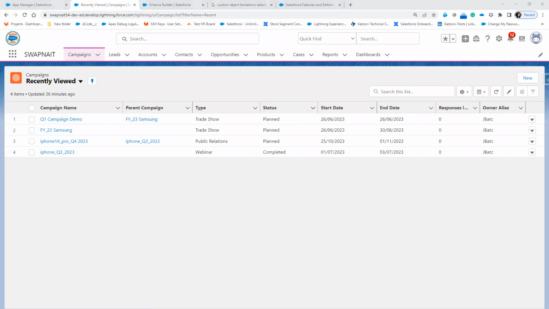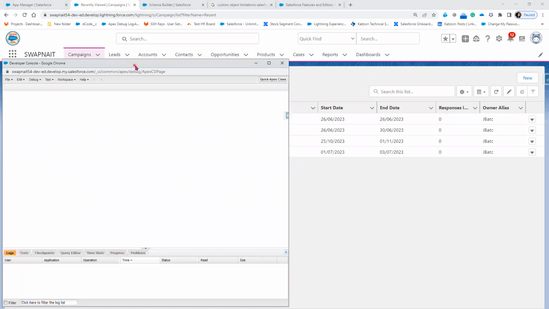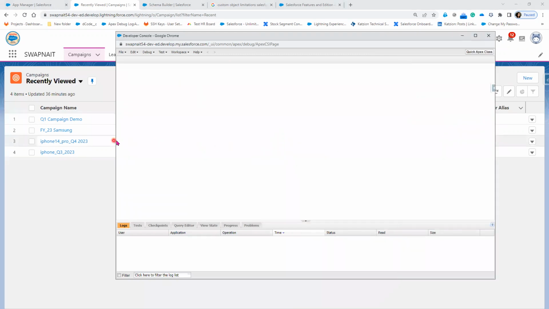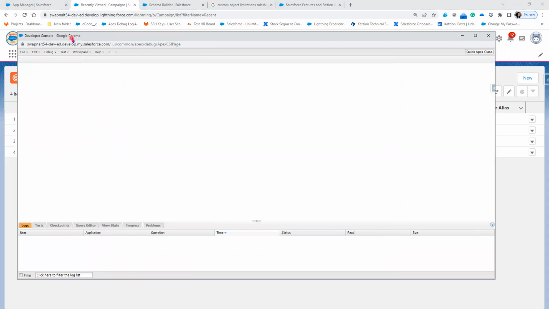When you click on the developer console, another window gets opened. This is the developer console. It is written here on top, developer console. Now in this developer console,